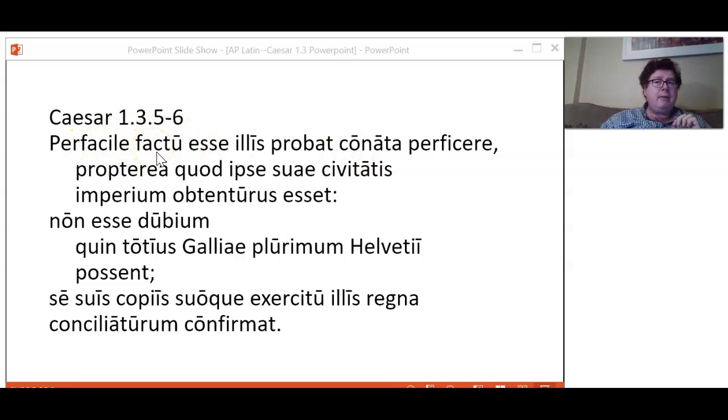Now this might be the first time you're seeing a supine in u. Notice how factu is not a regular form, probably not anything you've seen before. It's based on the fourth principal part of facio. From factum, the fourth principal part, you just remove the m, and you have what is called a